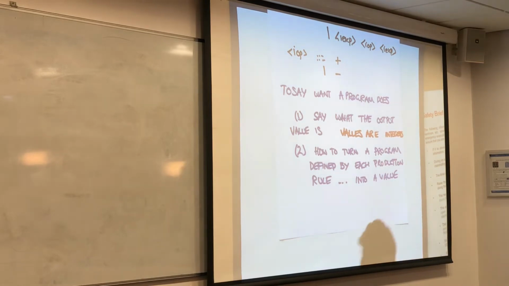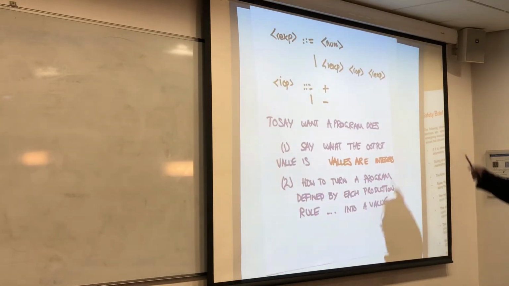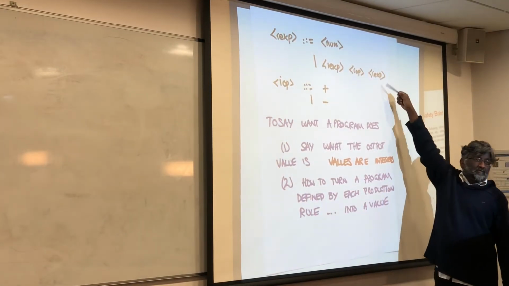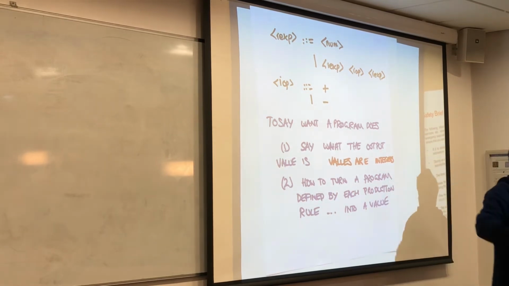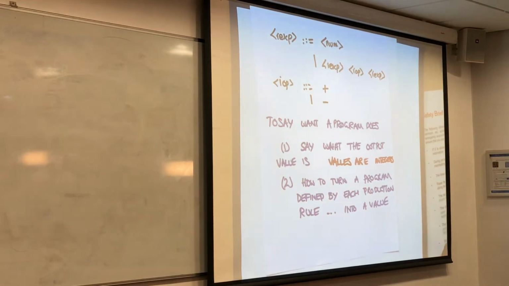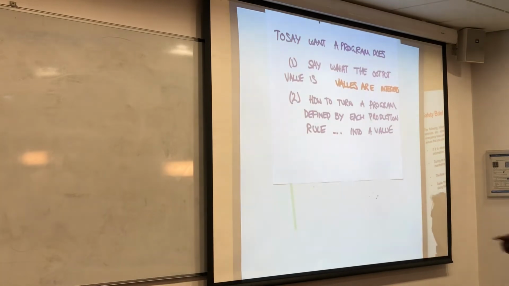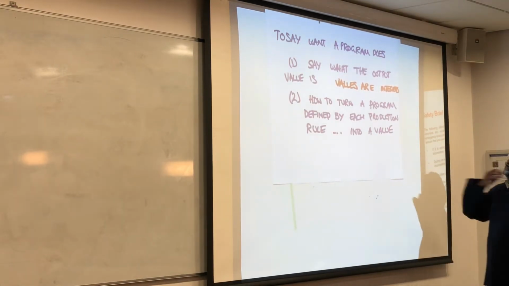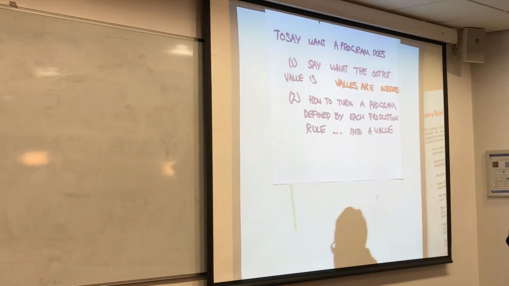If you just look at it, it's clear that if you type something like this into the terminal and press return, you ought to get an integer back. So that's what the values are. And you'll see later on, we've got to choose what values are. And then we have to say, how do we turn a program defined by each of these production rules into a value? Well, what we're going to do is